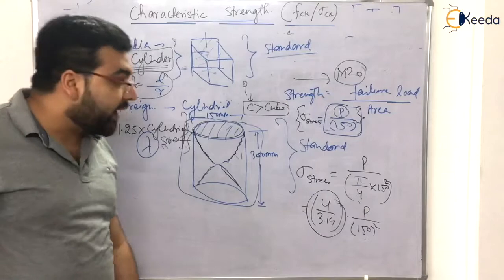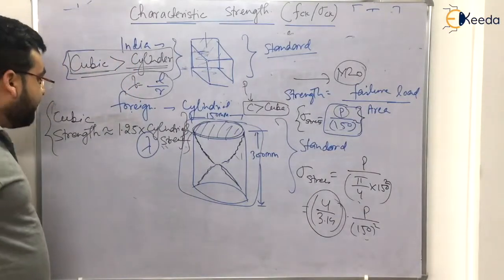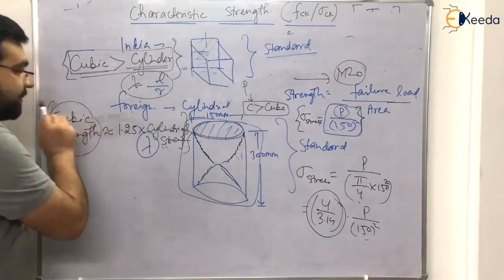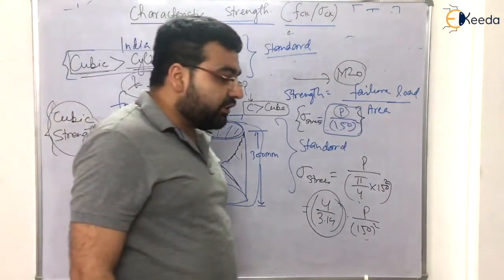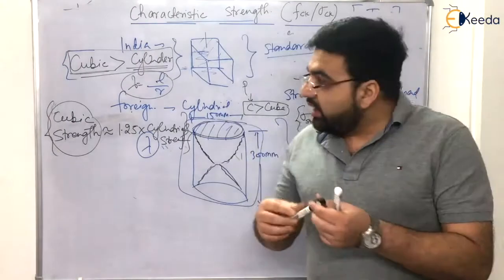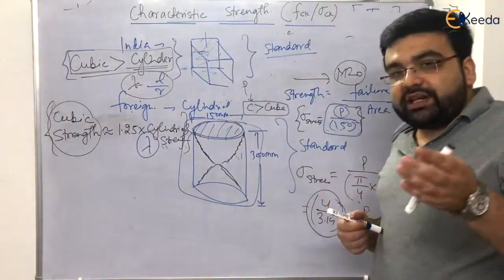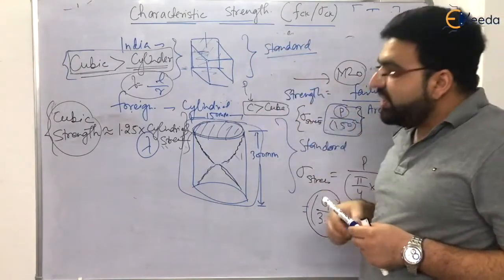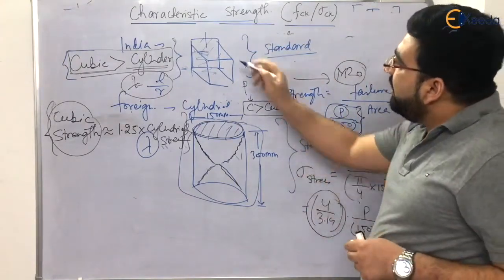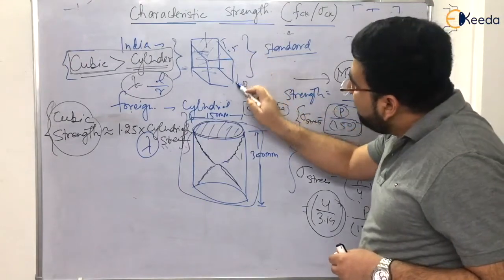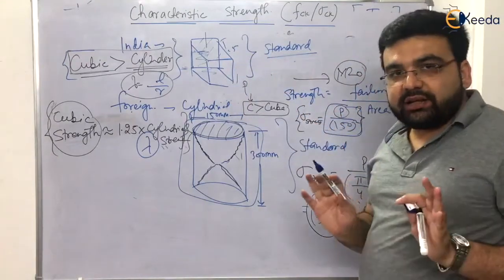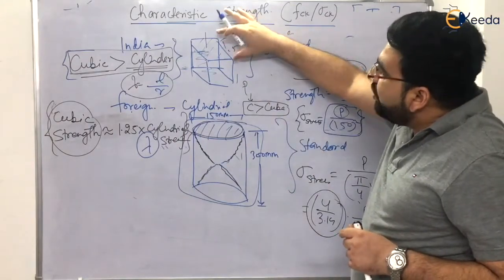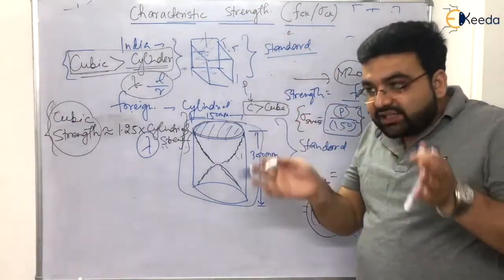This is important. Okay. Now the next thing which I am going to discuss is what is the effect of shape? What is the effect of shape? For example, even in your third year you have done the experiment. So we used to do the strength test of a cubic concrete sample in a 150 into 150 into 150 specimen mold. Now, what will happen if I increase or decrease the size of the mold?